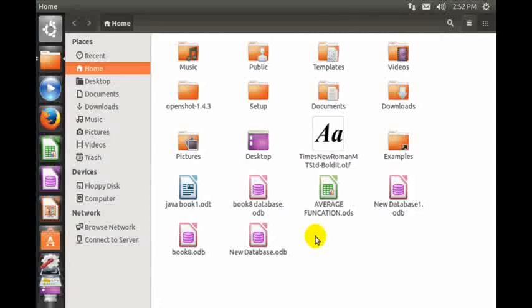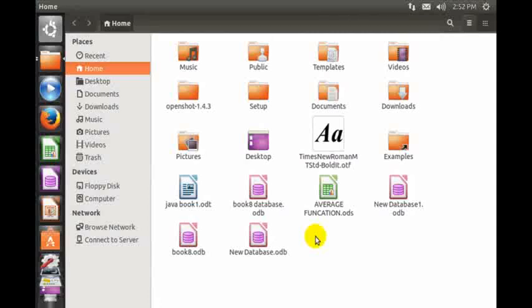Alright, let me tell you about the Files file manager. As Microsoft Windows has Windows Explorer to browse files and folders, similarly Edubuntu uses the Files file manager. It is useful for accessing and organizing files and folders stored in a computer.